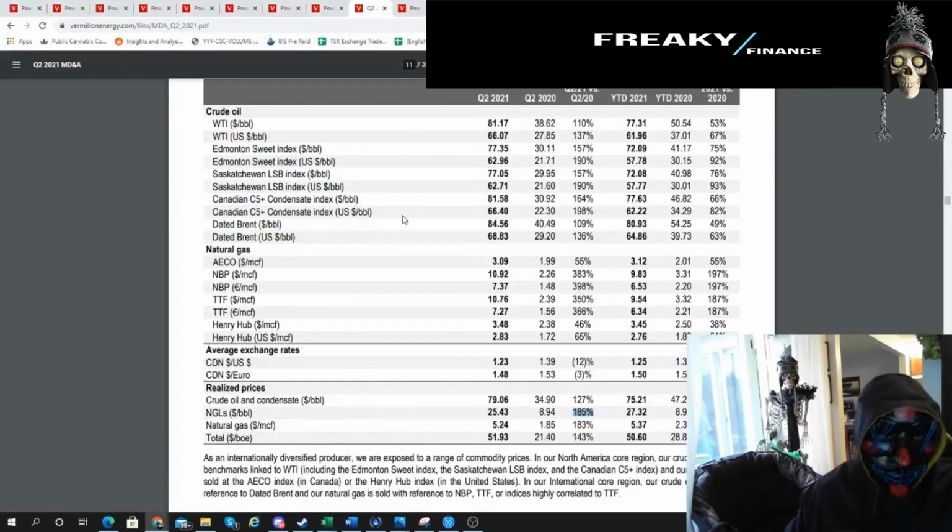So I like to look at the realized prices. I did this with the Suncor video as well, just to see the swing. Last year around this time, it was the opposite, right? They were realizing 60 and then they realized 30. It was like minus 50%. So now we're getting these huge swings, and I've never seen swings like that since I started. So what's that, 14 years ago? You can just see